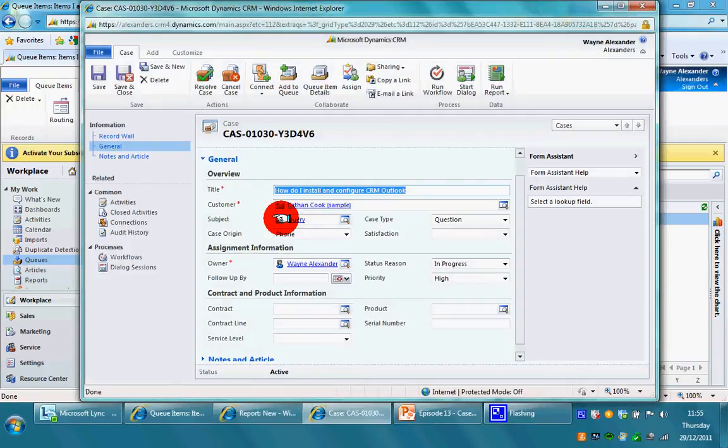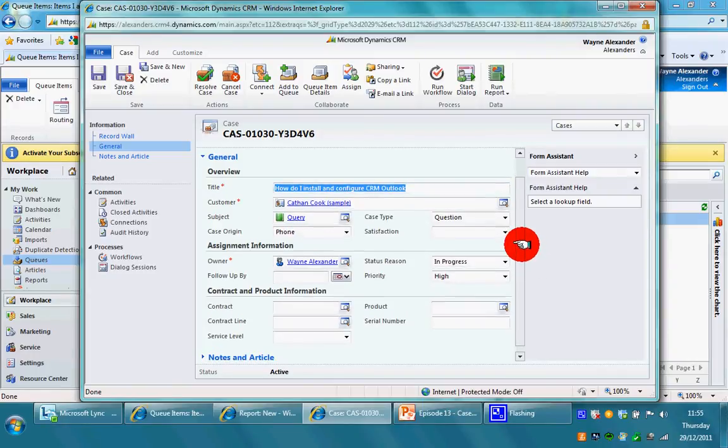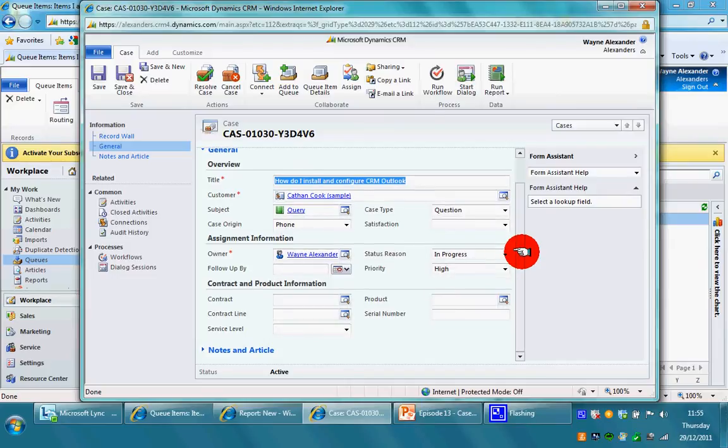So here's our case. It's now assigned to me. It's now something that I'm working on. The CRM system knows I am because I've assigned it to myself. And what I want to do is basically resolve this. Now for this particular query, I'm going to use a knowledge base article. So I have a knowledge base article set up in the system that tells users step by step exactly how to configure CRM Outlook. And to do this, I'm just going to expand notes and articles,